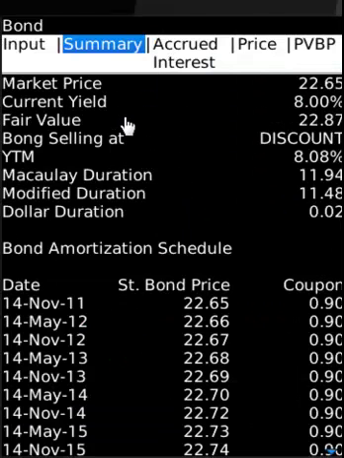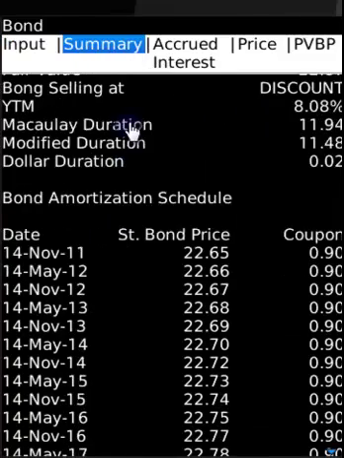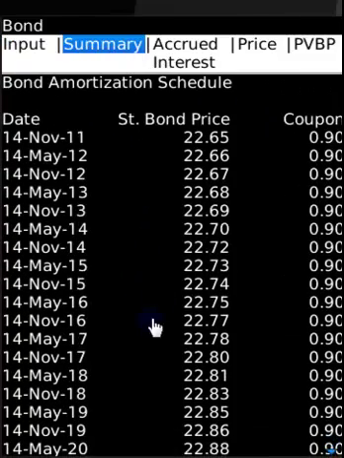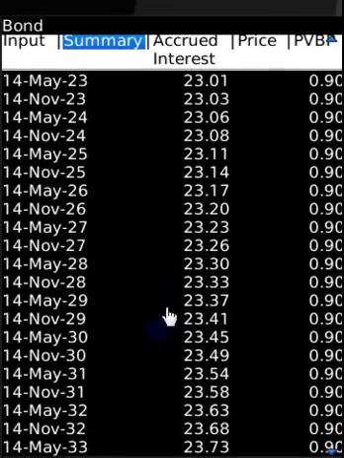In the summary, we have market price, current yield, fair value, bond selling at discount, yield to maturity, Macaulay duration, modified duration, dollar duration, and then this is the bond amortization schedule. So straight bond price, coupon, how it is paid, and then